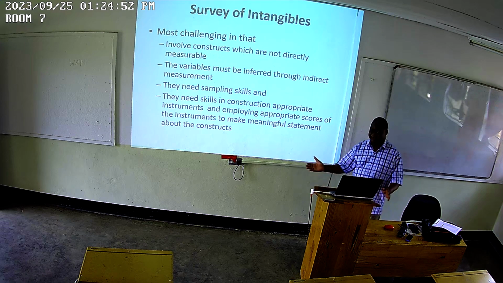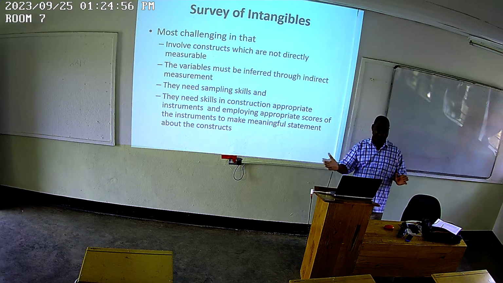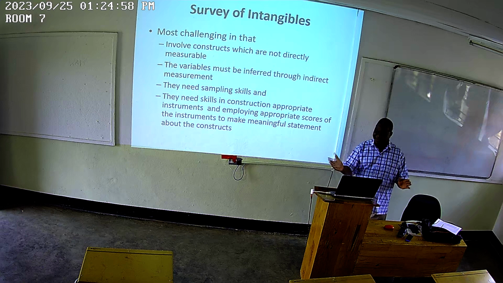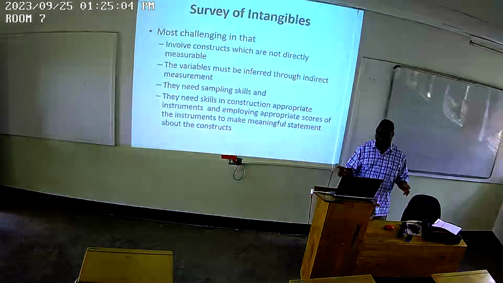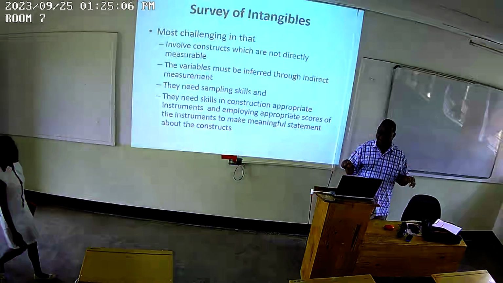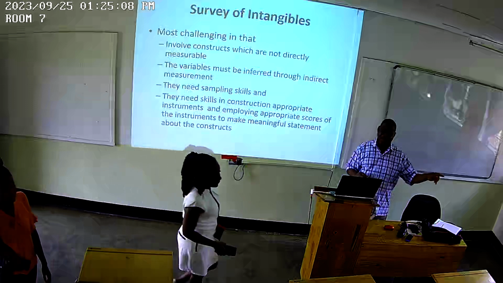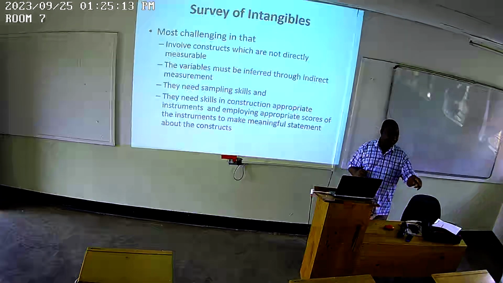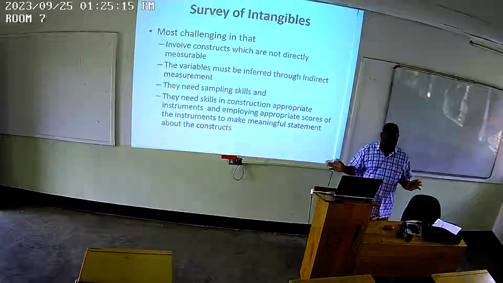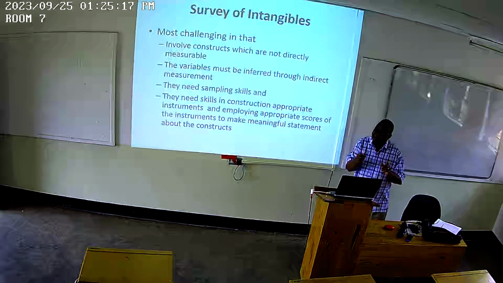A dictionary can give you a definition of a chair, which is general. If you go into the dictionary, what is a chair? You find the definition they have given you there. We include a sofa set, we include a table chair, we include a desk chair, and so on and so forth. But if you are doing the study yourself,